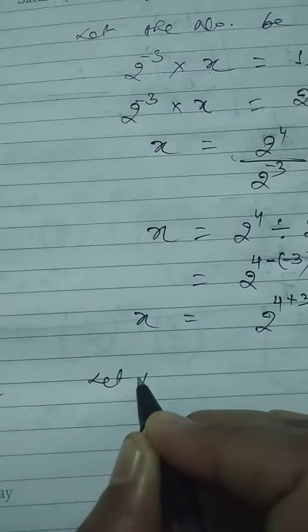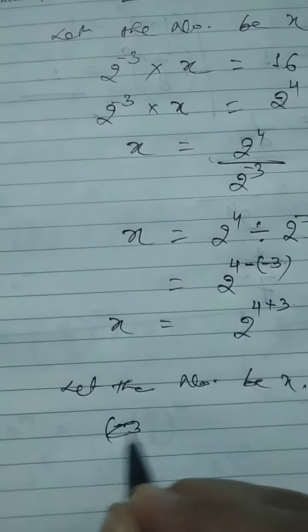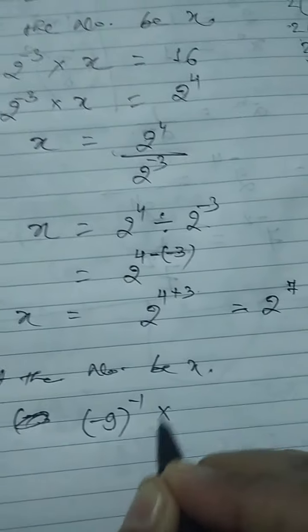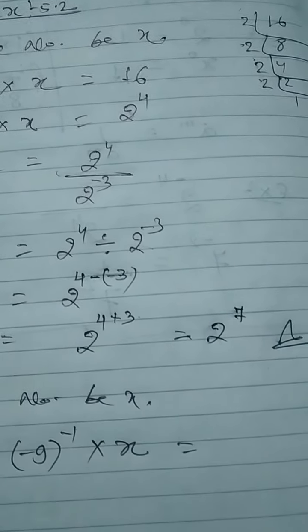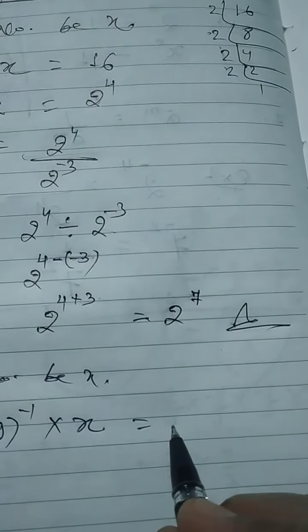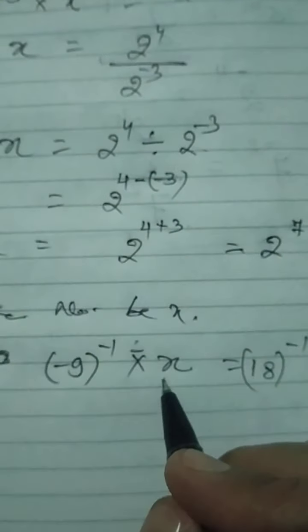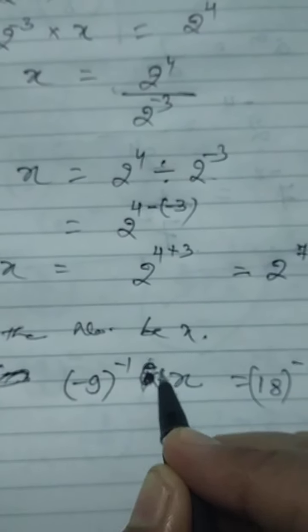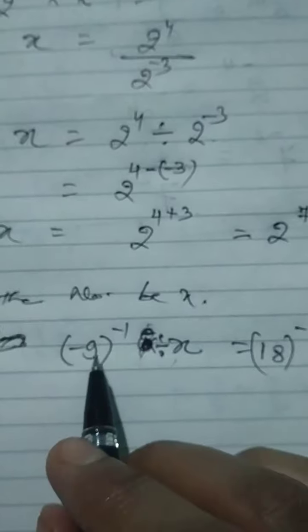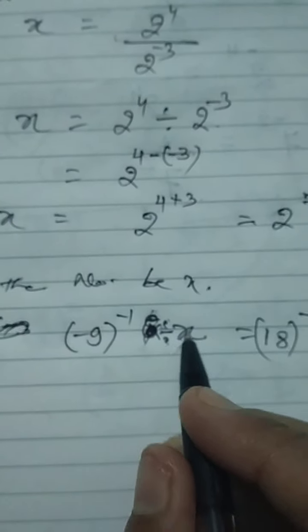Let the number be x. Okay. So by what number will you multiply this minus 9? We will multiply it with x so that the product or quotient will be equal to what? If you divide this by this, the quotient will be equal to this. Okay. We have to now find out the value of this. Yes. Now here you have to divide. Give the sign of divide, because it is written by what number this be divided so that its quotient will be equal to this. So this is divided by x.